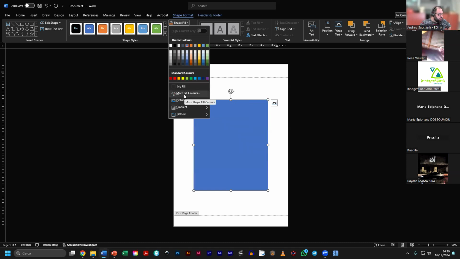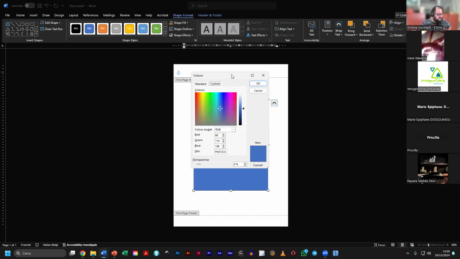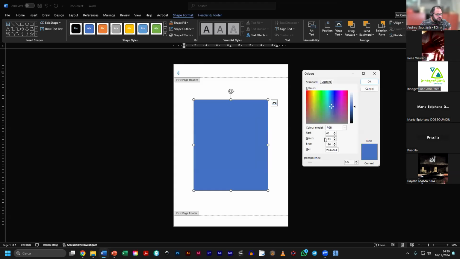You can change the color of the graphic elements. If I go on More Fill Colors, you will see this color selector, and you can choose a tone for the image, or if you are working on a brand, you can choose the hexadecimal value of one part of the brand. Now, for example, if I open again the SEED4AFRICA,